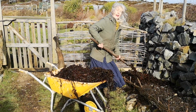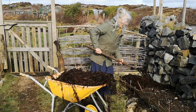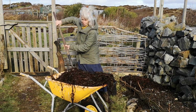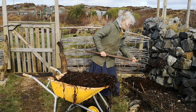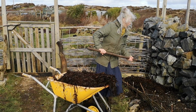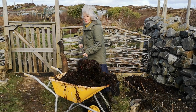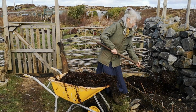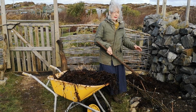So yesterday I finished making the little willow fence, and now I'm filling up behind it with the seaweed, which is really well rotted and will take no time at all to break down with the wind and the rain that we're having. And when that has been left to settle for maybe a month, I'll put some of our homemade compost on the top, and then I can pop in